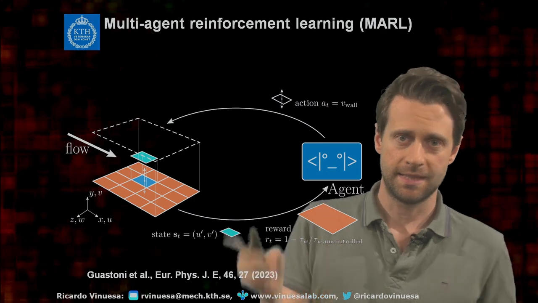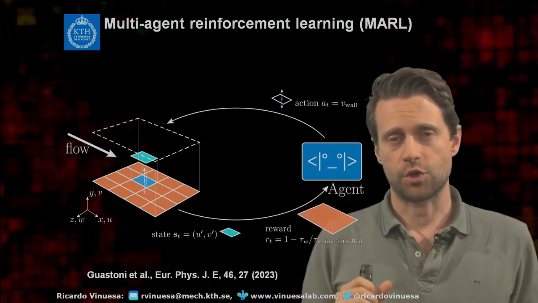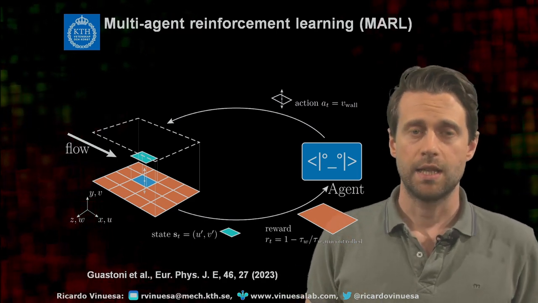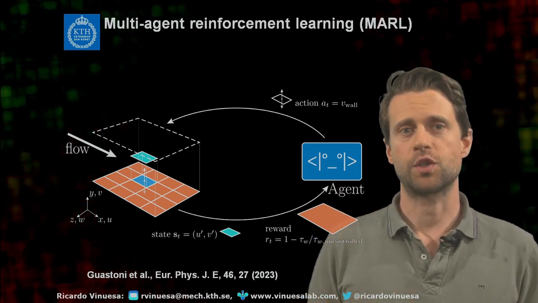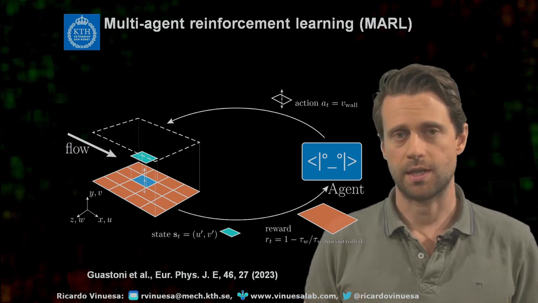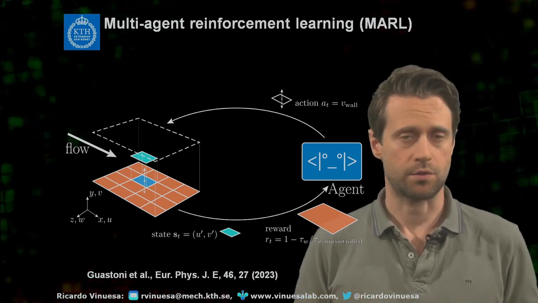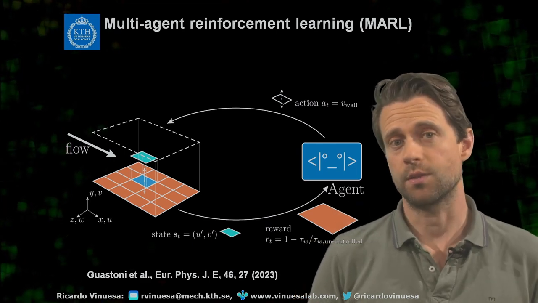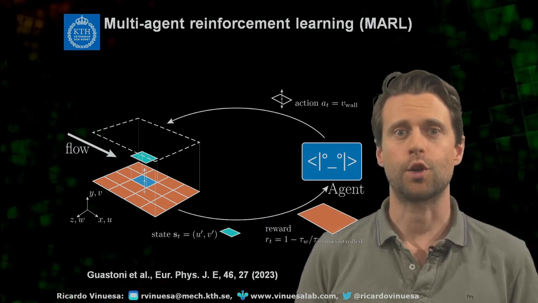So this setup has led to very promising results in several configurations, and you're going to see that in the context of a turbulent channel, which, by the way, is at a friction Reynolds number of 180. So it's a low Reynolds number, but turbulent. So there is quite some potential here to do things, and we're going to see what we can actually do in the context of flow control.